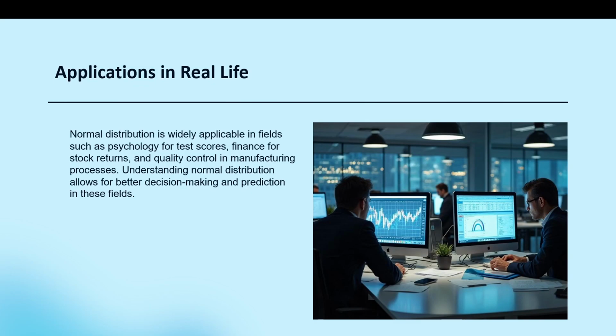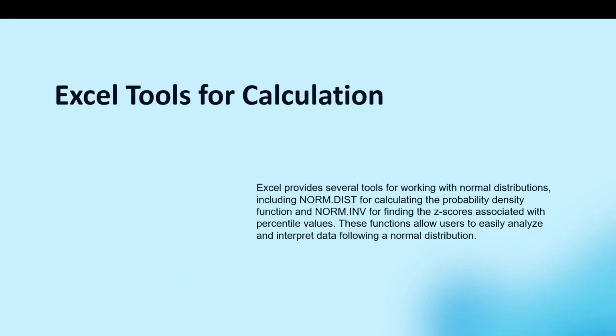Now let's talk about the applications of normal distribution in real life. For example, we can use the normal distribution in quality control, such as monitoring product dimensions, or in finance, where we can use it for modeling stock returns. It is the gold standard for analyzing data variability. Now, what are the Excel tools